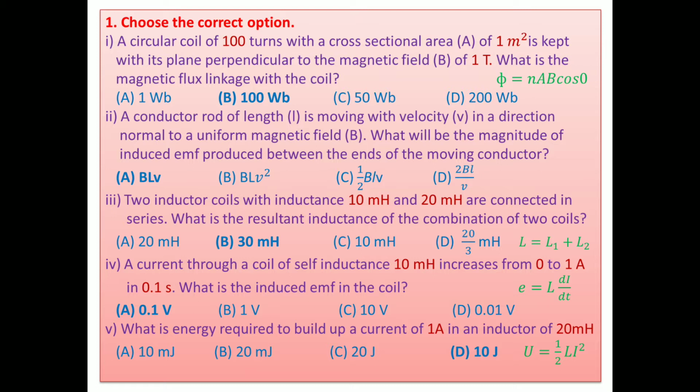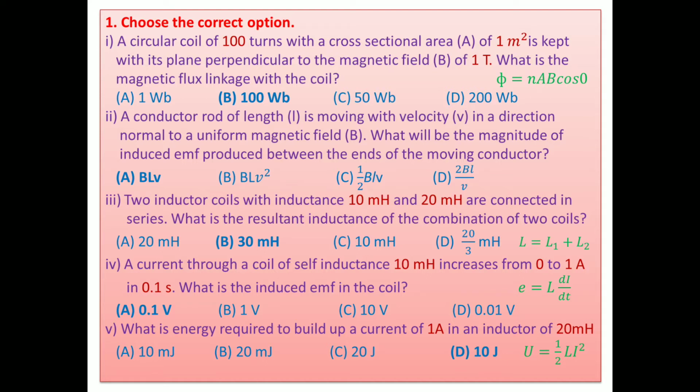First one: a circular coil of 100 turns with a cross-sectional area A of 1 square centimeter is kept with its plane perpendicular to the magnetic field of 1 Tesla. What is the magnetic flux linked with the coil? We know that magnetic flux equals NAB cos theta. And here, number of turns is 100, area is 1, magnetic induction is 1, and the angle between the magnetic field